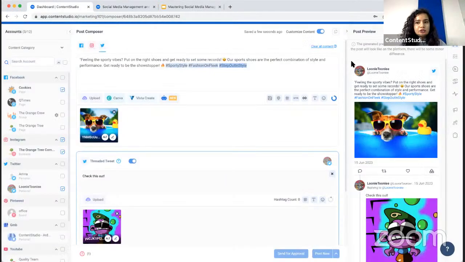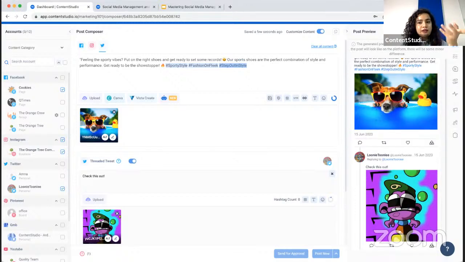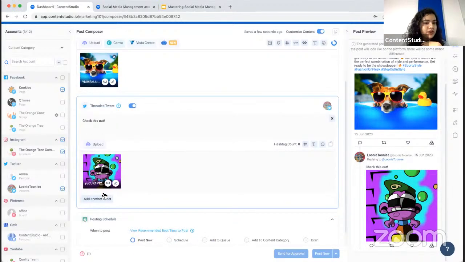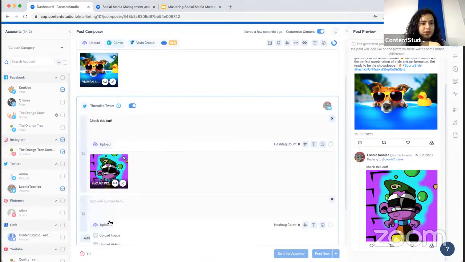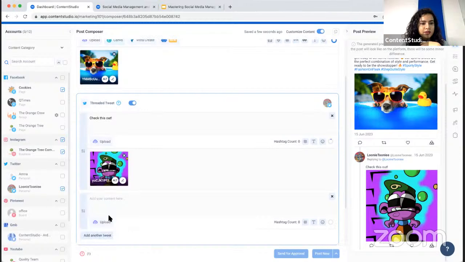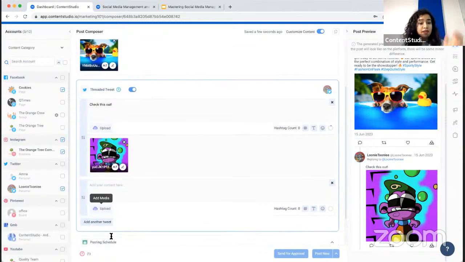And this is how it will show up. On the right side, you can see the main post. You see the caption, the hashtags that I've used. You scroll down, and then you can also see the threaded tweets. So I can keep adding more if I want. All I have to do is select the add another tweet option. I'm going to upload another image if I want. And if I don't want to upload an image, actually,